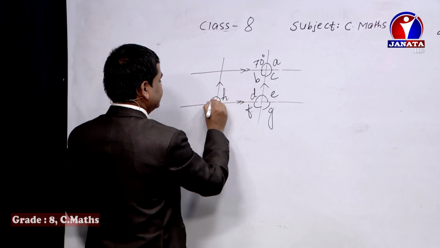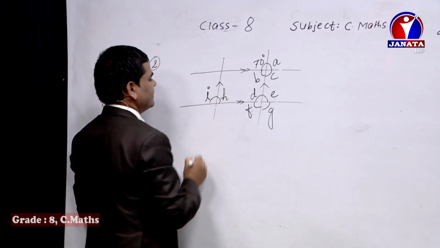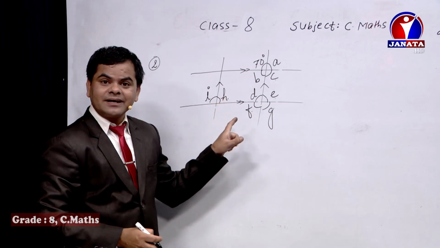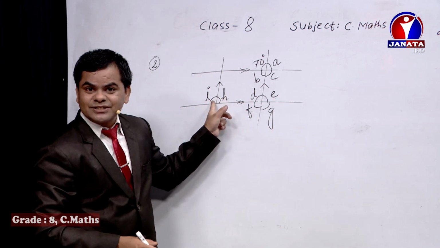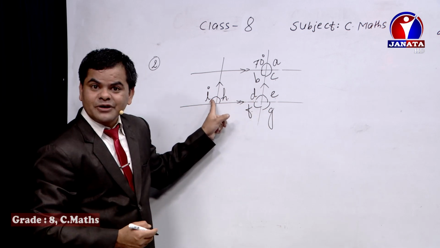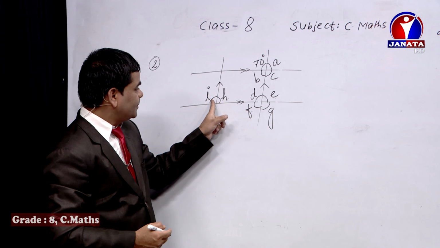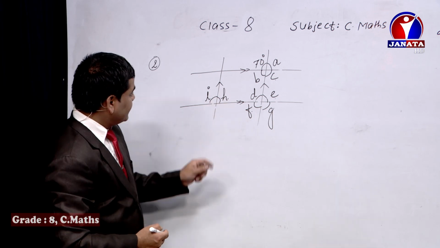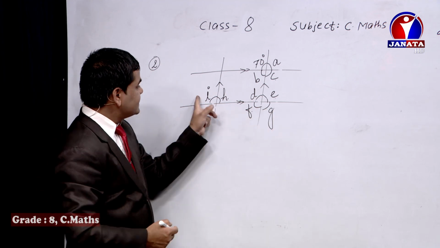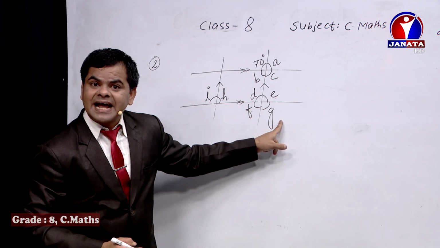Now let's take this side as I. Okay, I. Can you find out? As we have already got the value of H, you can do supplementary to this one way. Another way, D and I are corresponding angles to each other, isn't it? So you can use that concept as well, and you can use I and G as well, dear student. I and G are exterior alternate angles.